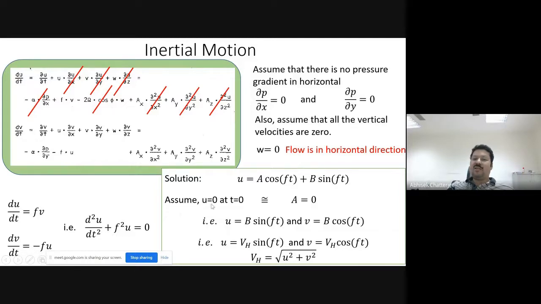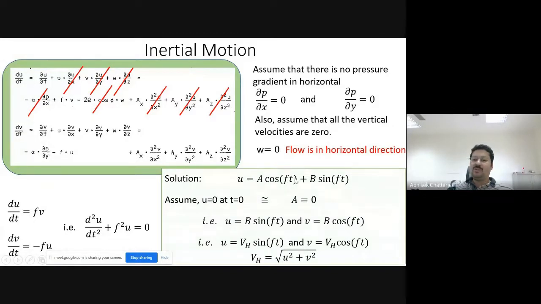We are also assuming that at time t equals 0, there was no velocity. That means the fluid or the ocean was in a state of rest at time t equals 0. Then there was some wind, so it got some velocity, and then the wind stopped, and we want to look at what the solution is. So at t equals 0, u equals 0. If you put t equals 0 here, this term will be 0 because sine 0 is 0, but cos 0 will be 1. So a equals u, which is also 0. So a is equal to 0.